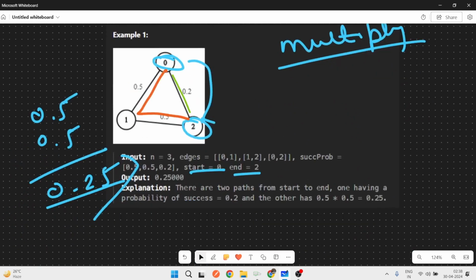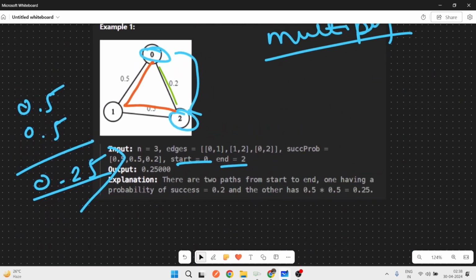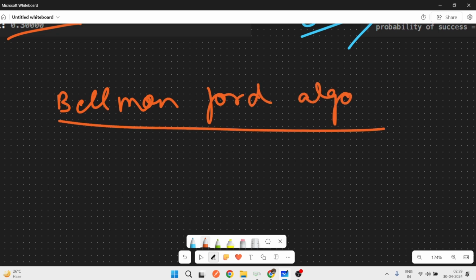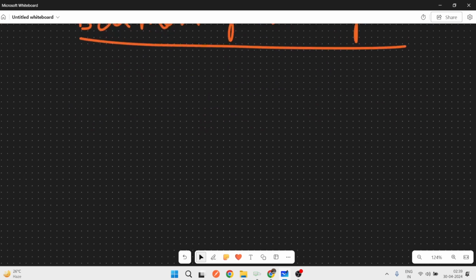So the question is how we will solve this problem. We will solve this problem with the Bellman-Ford algorithm, meaning shortest path to all the nodes from a single node. In this algorithm, we do not have to do multiple things. In Dijkstra's algorithm, we have to traverse each node one by one and find the minimum path. But in this algorithm, we will create